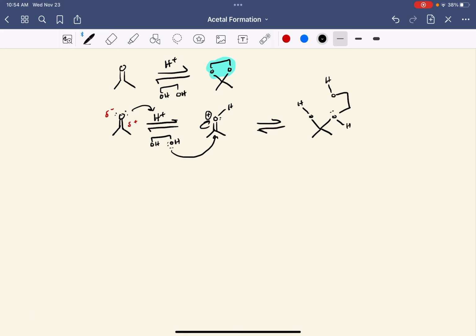And it'll also be charged. Now, to get rid of the hydrogen, we can come in with a conjugate base. If you're using something like HCl, Cl minus would do the trick, and you would end up with a neutral compound, and this would be your hemiacetal. Now from here, we want to make a hydronium leaving group, which is basically just water, and to do that, the alcohol group here grabs the proton,